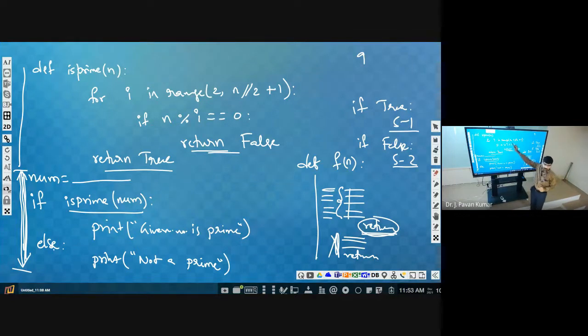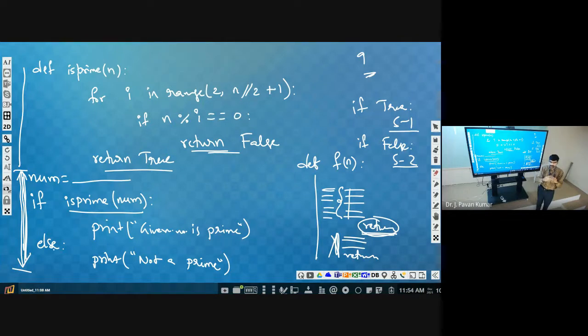It will start from 2. 9 mod 2, what is the result? Not equal to 0. Then what should it return according to you? Return true. So it will come here as true. Then print given number is prime. Is 9 prime? No. Whenever you find one number which is not a factor of the given number, you are saying it is prime. But that's not completely true. Got it?